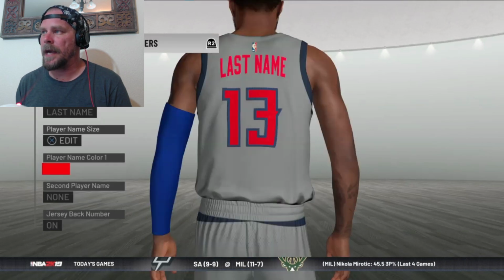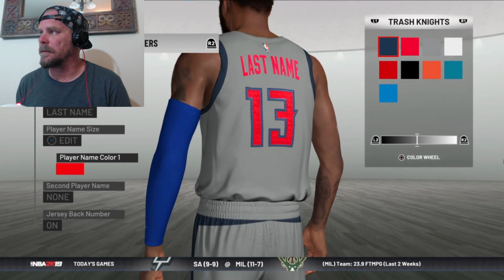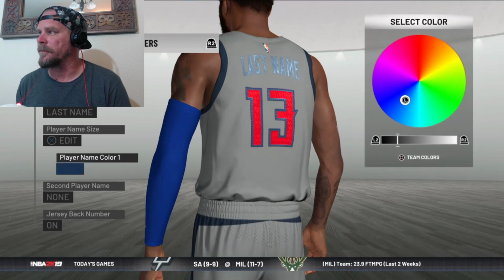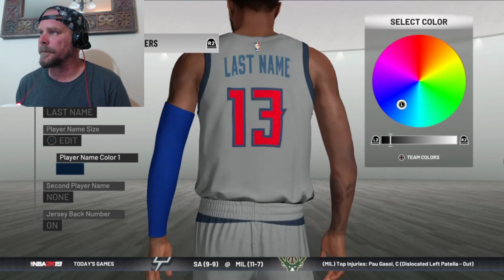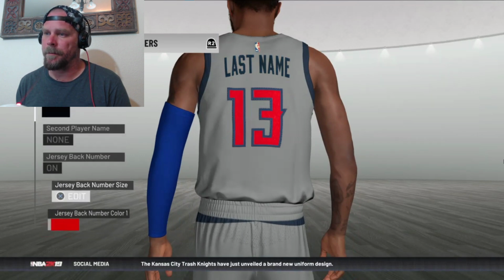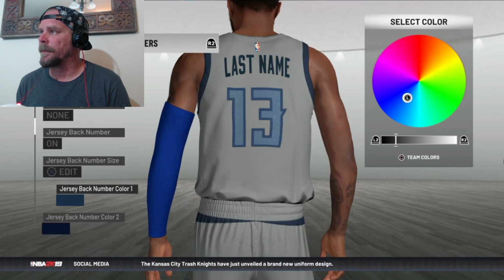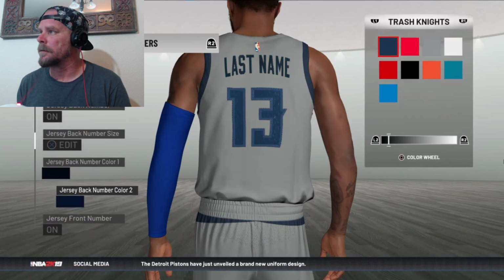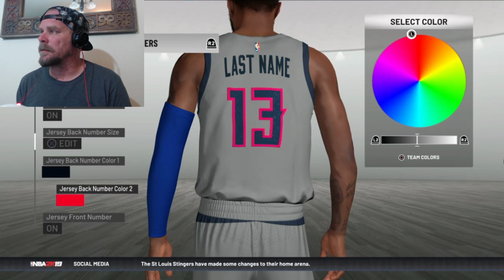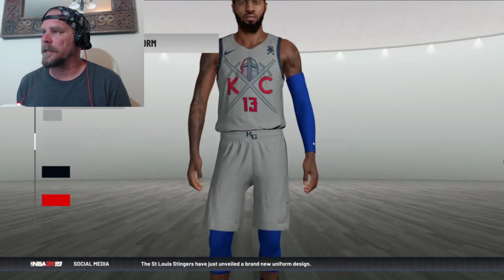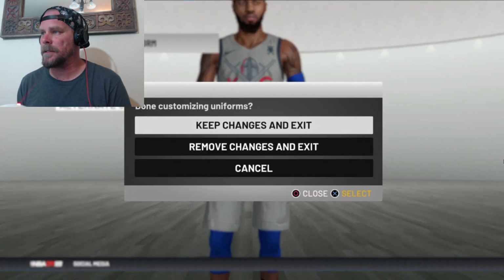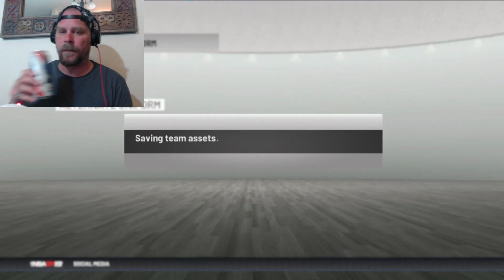Now, see the back. I don't like having the numbers on the back match the numbers on the front. It just doesn't jive with me. So I'm going to make these darker. Right? And I'm going to make this number on the back blue. And then we'll throw a little red around it just for shits and gigs. Right? And let's back out just to make sure that he matches. I mean, it's up to you guys. I'm going to actually get rid of the KC on the belt on that one, but